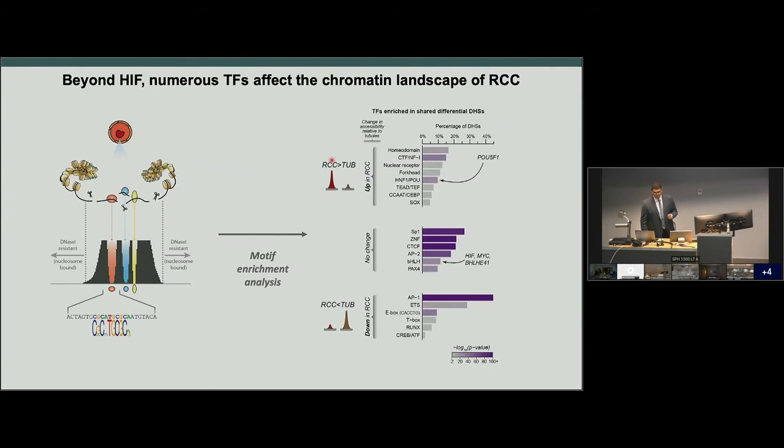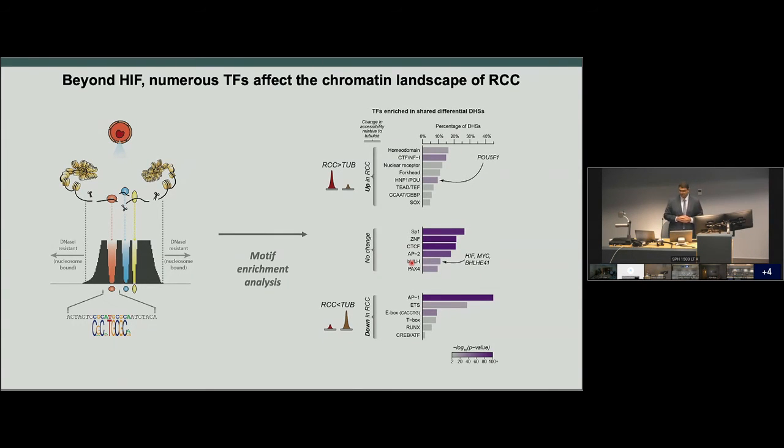So doing this analysis, we can ask which enhancers are more active in the cancer compared to the tubule, or vice versa, or which ones are really not changing between tumor and normal. And examine underneath there which transcription factor binding sites are enriched or de-enriched in either condition. So this, of course, shows a number of findings. For example, HIF is actually in kind of non-changing enhancers. Again, saying that it may have a much more complex role than just in an activating role that has been commonly understood.